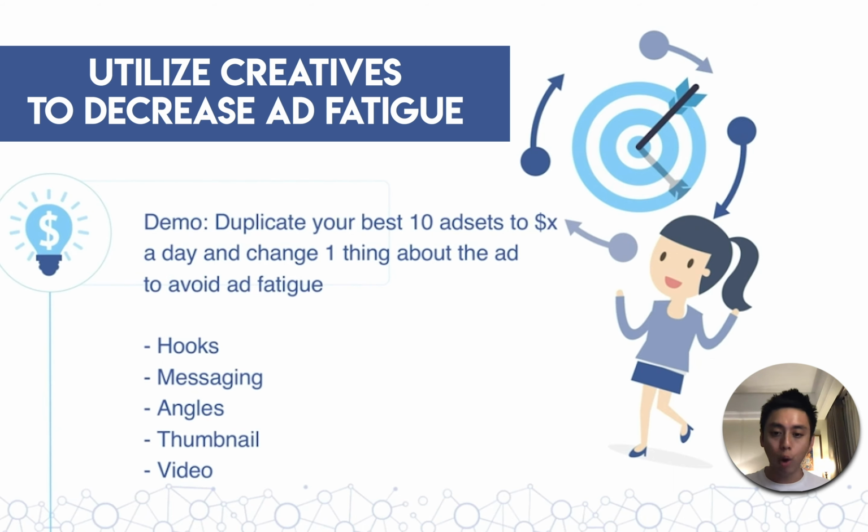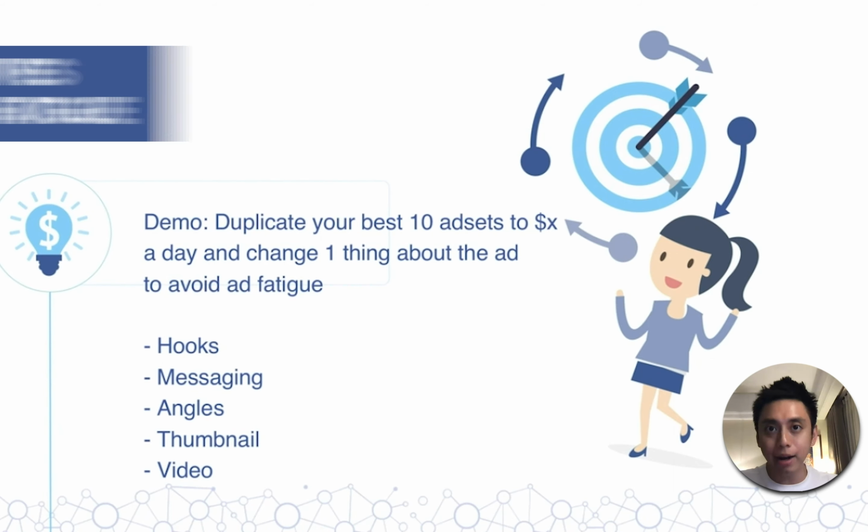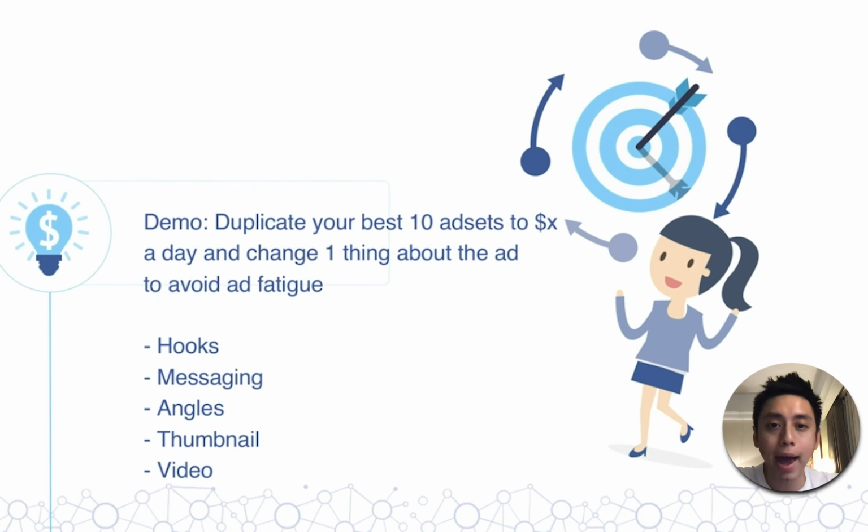Now, one of the reasons why you can only spend that amount of money on a certain campaign, on a certain ad set, is because after a certain point in time, it's the same audience seeing the same ad over and over again. So the product's the product, right? But the truth is, different people, different messages, different hooks resonate with different people. So just because a certain angle didn't resonate with this certain profile, this certain demographic, it doesn't mean that this